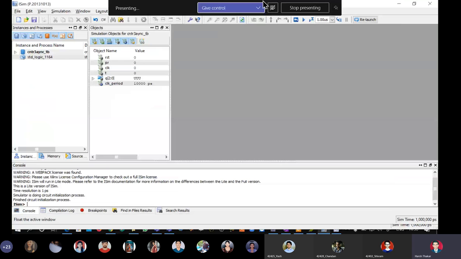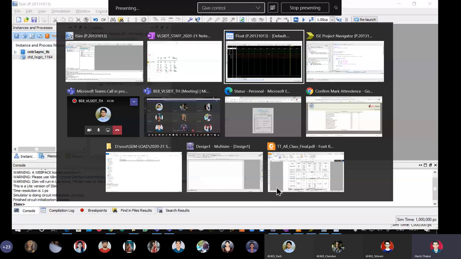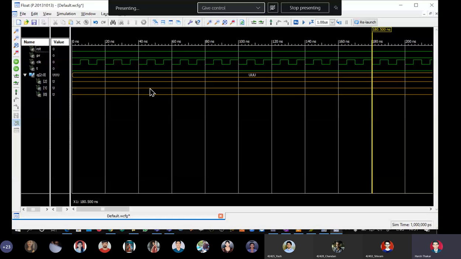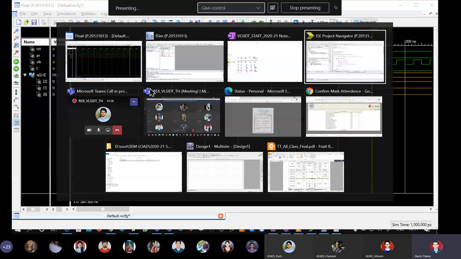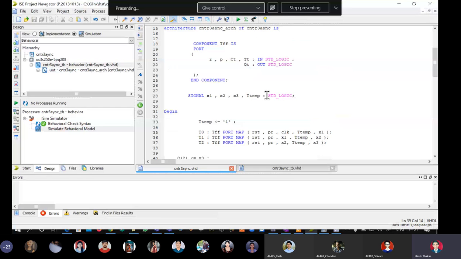Another thing in the simulation is that it is coming uninitialized because we have not assigned an initial value of 0 in the main model. So I am supposed to initialize this to 0. We will go step by step.